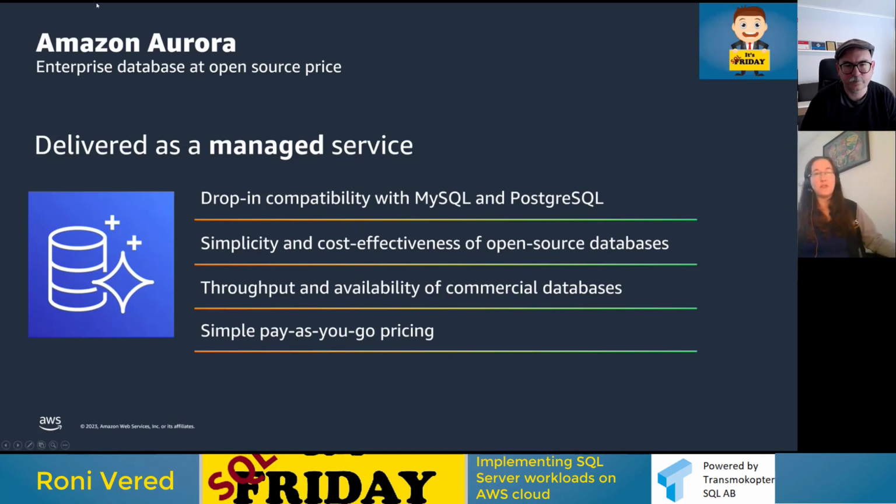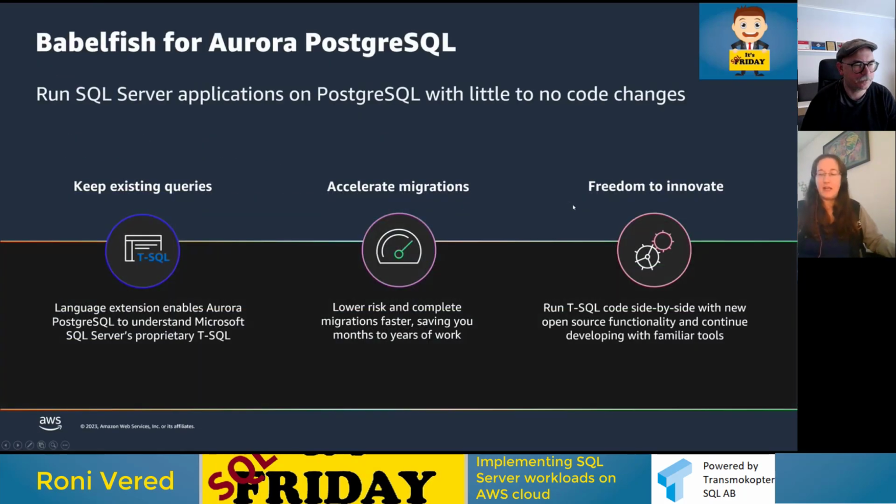So Amazon Aurora, as mentioned, comes in those two flavors. And as of last year, we provided an option for customers to use Babelfish for Aurora Postgres. So customers are able to run SQL Server applications on Postgres with little to no code changes. What do I mean by that? Because I, as a SQL Server person, was a little bit skeptical about that option, but it's essentially having